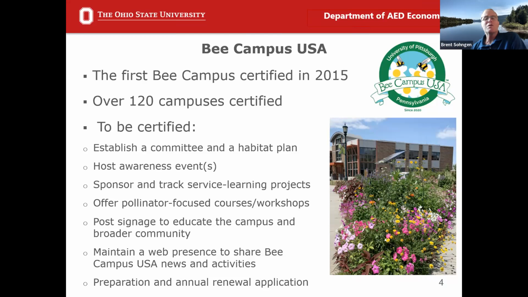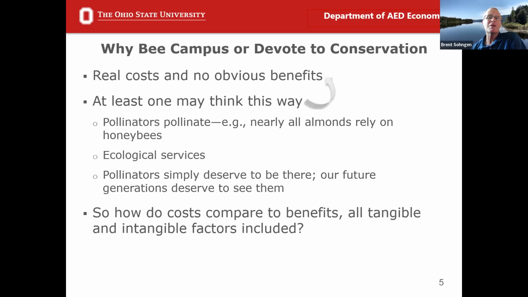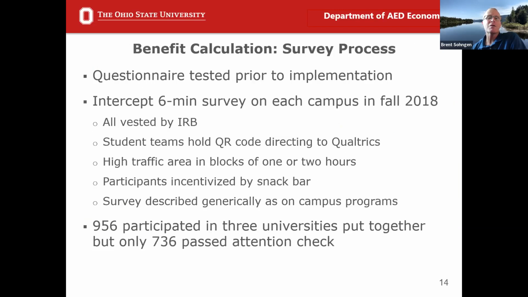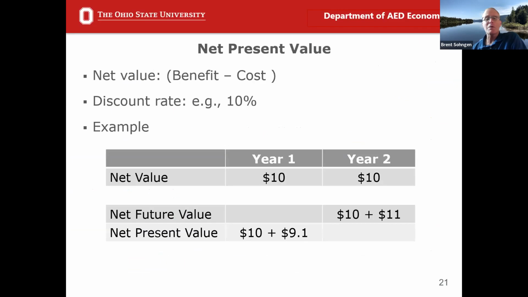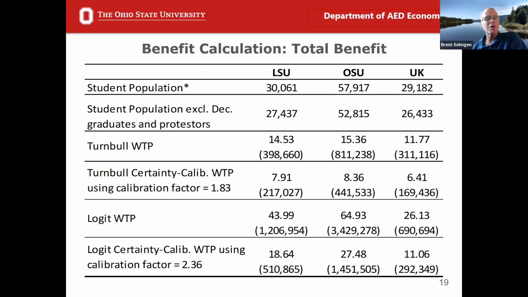Why do you think the benefits are so much bigger at OSU than at the other two campuses? The surprising thing to me there is that those other two campuses are further south. I don't know much about this, but things grow more down there. They'd have a longer growing season. So wouldn't the students be getting a bigger benefit at those other universities because they're exposed or able to see the pollinator habitat, and the bees, I assume, have a longer life? I have no idea, Mary. Do bees live longer in the south than in the north?